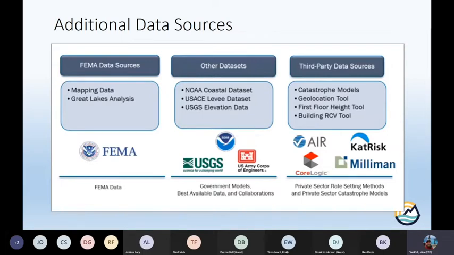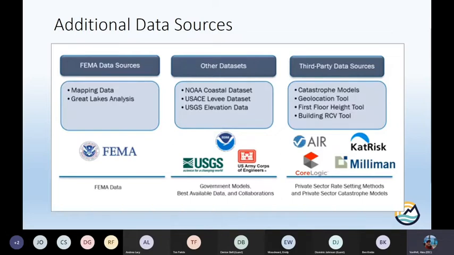USGS is going to be one of the elevation data sources. So USGS grabs LiDAR data wherever it's available. They try to keep the most accurate elevation out there for some of their topo maps and things like that. So they're using that. And then the third party data is going to look at things like the catastrophe models. So when you have a huge number of claims in a very small geographic region very quickly, that's something that private industry has been doing since the 80s or 90s, that the NFIP policies just haven't.